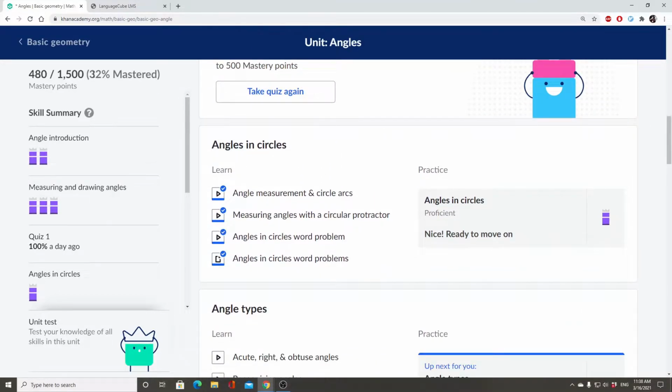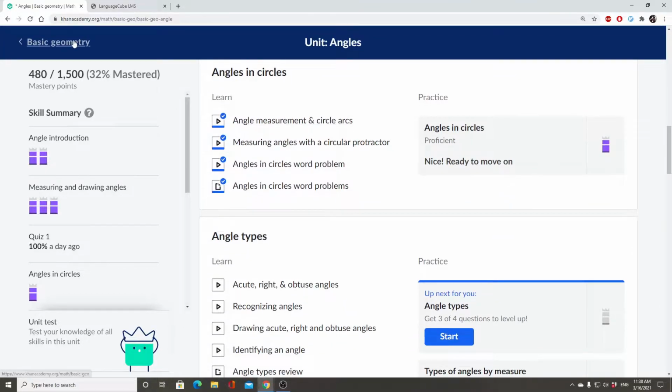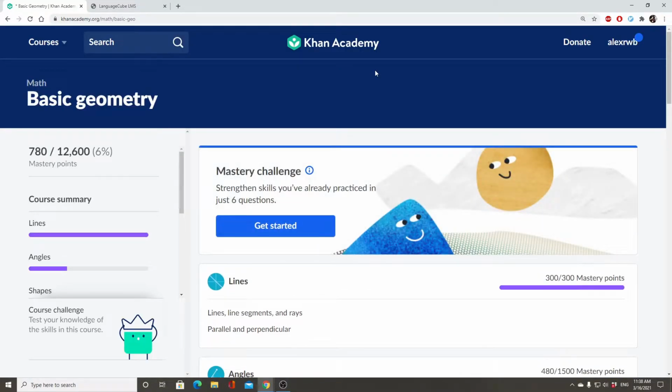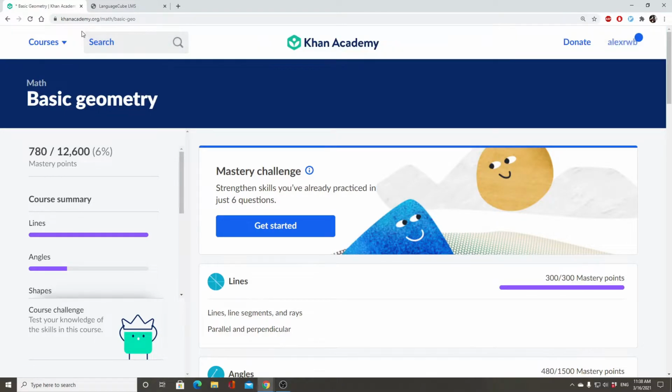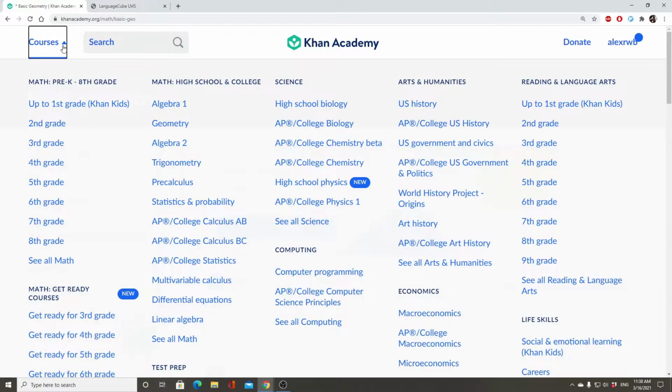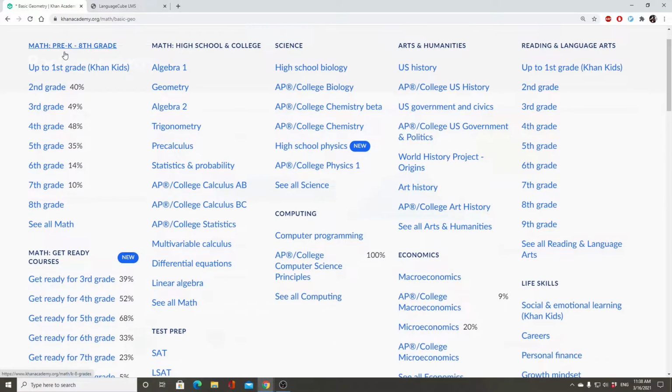Before I get into this, I just wanted to talk a little bit about this website that I'm using. This is Khan Academy. It's kind of well known in some circles, I guess, and I think it's a pretty amazing website. If you look at all the courses that are available, it's pretty wild. Everything on this website is totally free. You can donate to the website, but it's a non-profit thing.